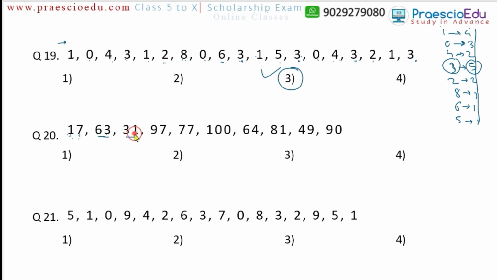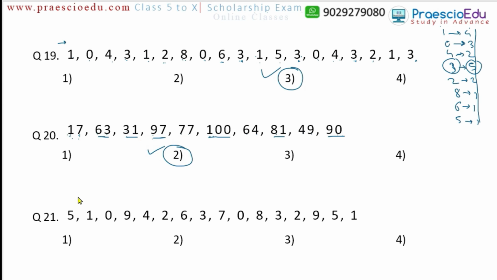Here 3 plus 1, 4 comes. Here 16 comes. Yes, 7 plus 7 is 14, which is not a square number. Here 1 comes, so 1 is a square number. Then 6 plus 4 is 10, but 10 is not a square number. Then 8 plus 1 is 9, 9 is a square number. Then 4 plus 9 is 13, so 13 is not a square number. And 9 plus 0 means 9, 9 is a square number. So 1, 2, 3, 4, 5 and 6, so 6 times we got the digits whose sum is a square number. So 6 is mentioned in option number 2.